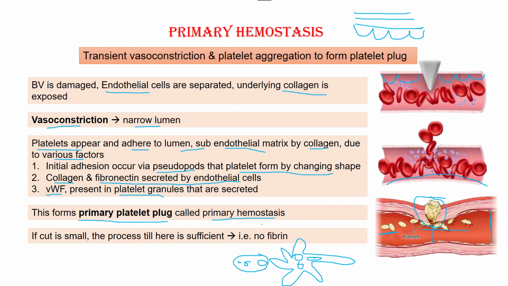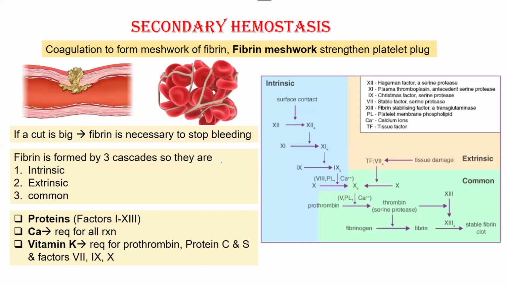In this plug there are only platelets and there are no fibrin strands. So if your cut is very small, this process is still sufficient. That is only primary hemostasis, that is two things: number one is vasoconstriction and number two is the primary platelet plug, which are sufficient enough to stop the bleeding. And if the bleeding stops, the body will stop the process over here. But if your cut is big,